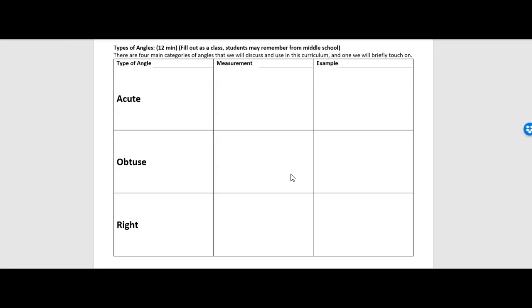So an acute angle. This is an angle whose measurement is less than 90 degrees. And for this course, we're only going to talk about positive angle measurements. So an acute angle, when I say less than 90, I mean greater than 0 but less than 90. So its measurement is less than 90 degrees. And an example would be if I had an angle and its measurement was, we'll say, 33